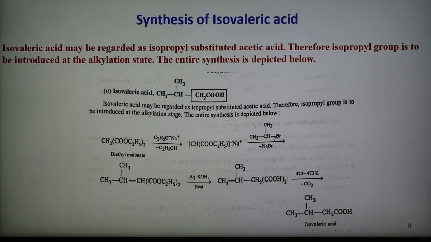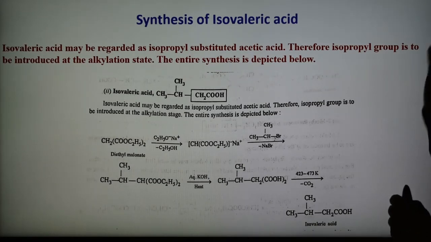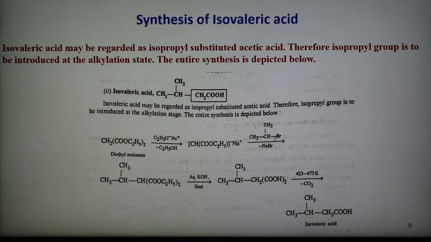So whatever compound we have to synthesize, according to that we have to do the alkylation. That is important. Three steps are there in the synthesis of organic compounds using enolate ion formation, so remember always three steps. Number one is the formation of enolate anion, second is the alkylation of the enolate anion, and third is hydrolysis and decarboxylation. These three steps we have to follow for the synthesis of monocarboxylic acid, dicarboxylic acid, also succinic acid. We will take some examples of dicarboxylic acids in the next presentation.